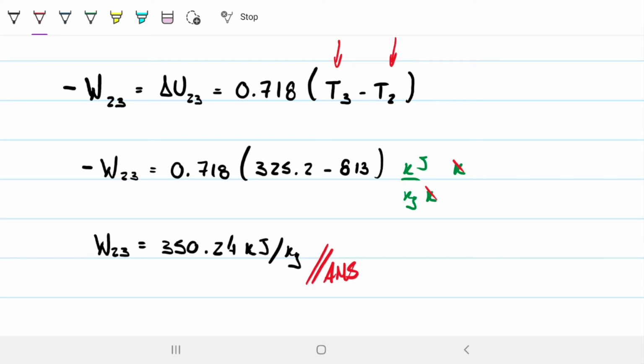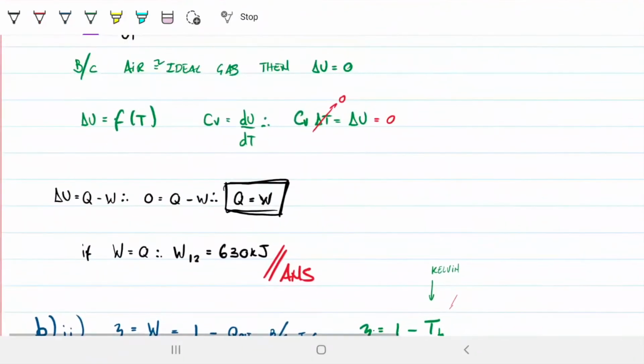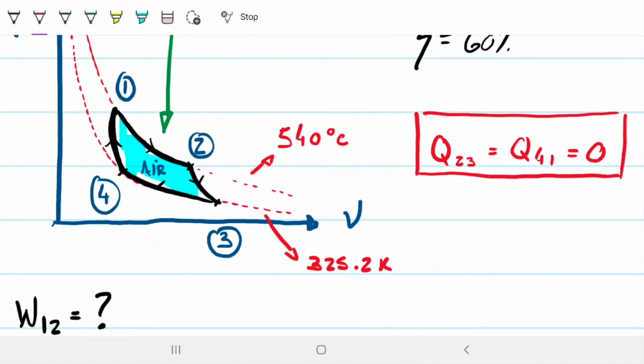Okay, so this is an expansion, right? That's why our work is positive here. That's why we're getting a positive number, because the air requires this energy. It uses this energy to be able to expand from 2 to 3. So when it goes, where are we? Here. When it goes from this volume to this volume here, it requires energy, and that energy is being given